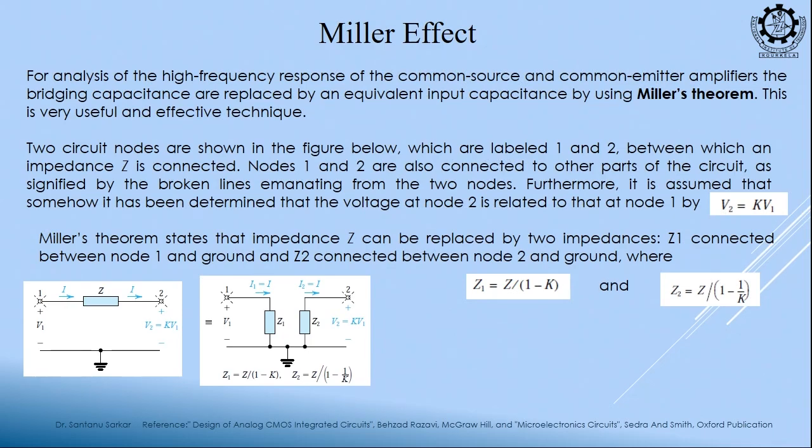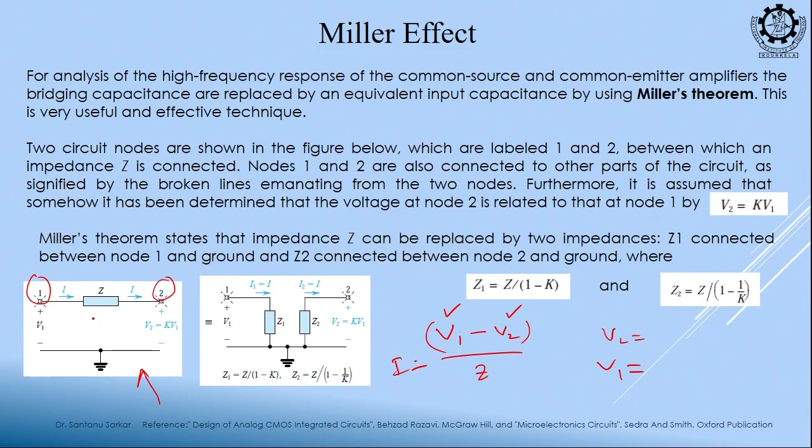So, what it is telling, if we have a bridging impedance, suppose I have a big circuit and in this big circuit this is a part, and between node 1 and node 2 an impedance Z exists, right. Because of this, I have to consider both, V1 minus V2 by Z, this should be my I. So I have to consider V1 as well as V2, my equation gets two variables. Previously I had V2 equal to something, V1 equal to something, so only one variable, it is easier to solve, is it not. So, what I will do,